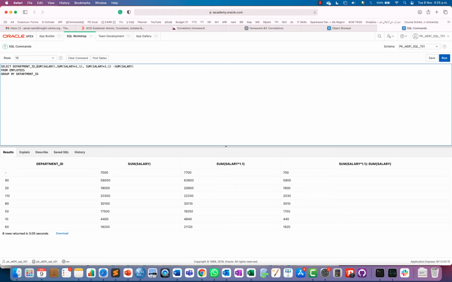And we also discussed the having clause. Who will tell what is the difference between where clause and having clause in SQL? What is the difference between having clause and where clause?